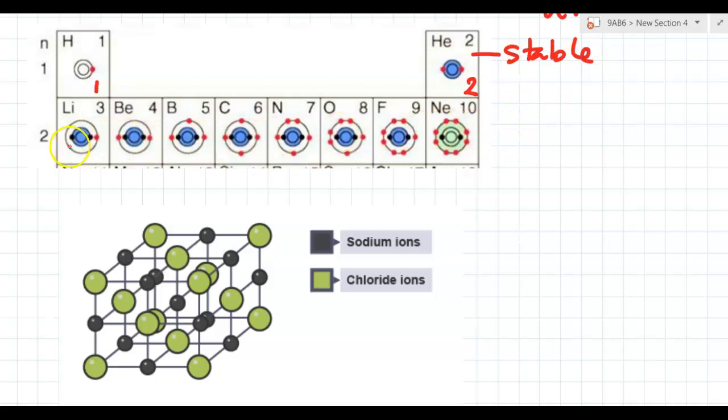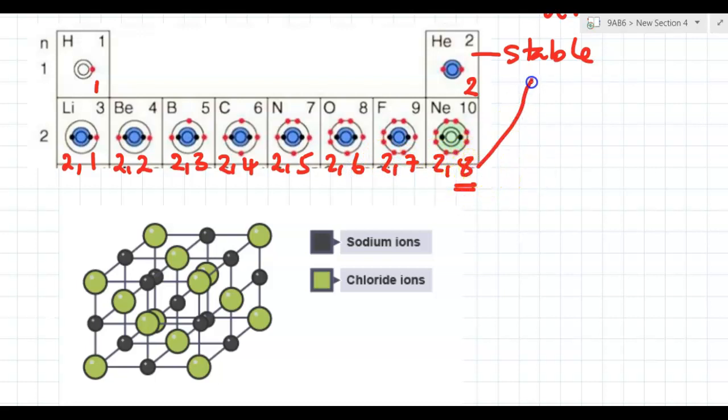And then if we go back to the start of the second row, lithium is number 3. It's got 1 electron in its outer shell, beryllium 2, and we're filling up that shell of electrons as we go across the second period until we get to neon, which has got 8 in its outer shell. It's stable as well. Linking that to the ions,